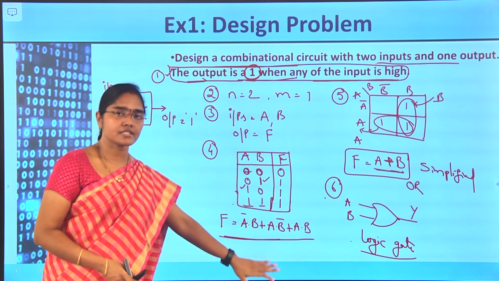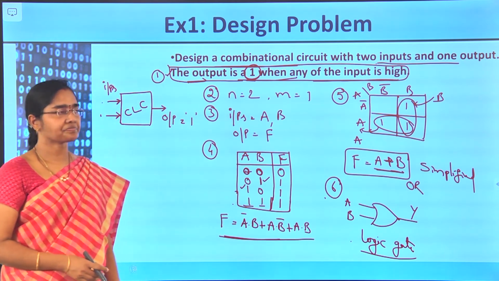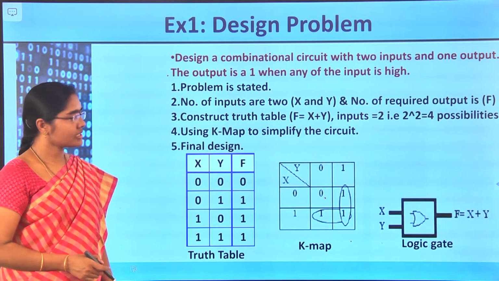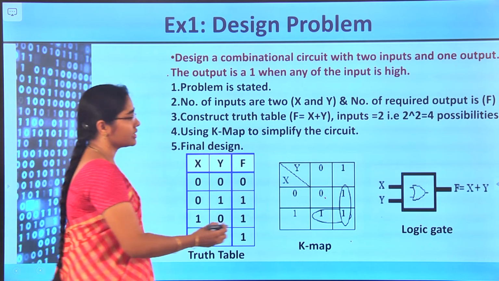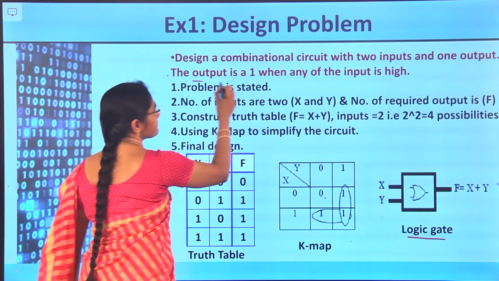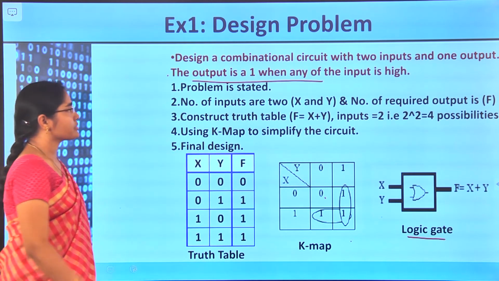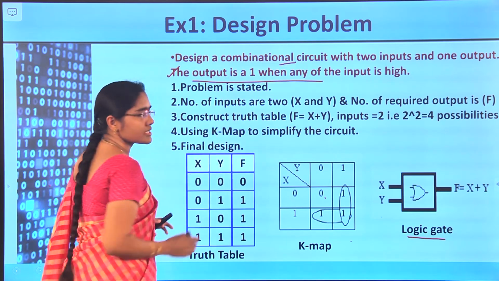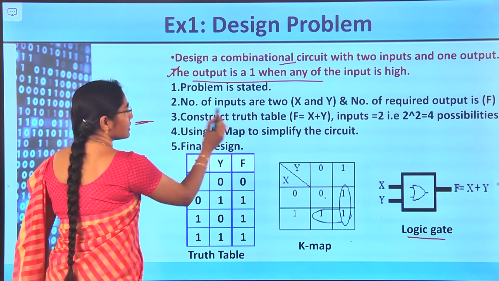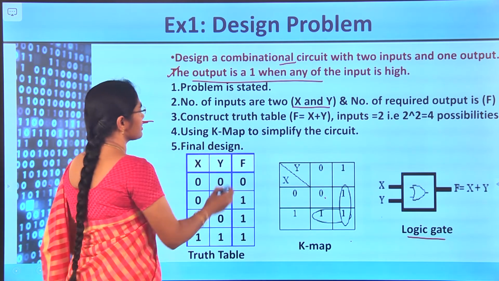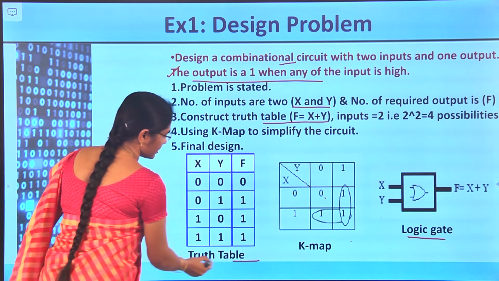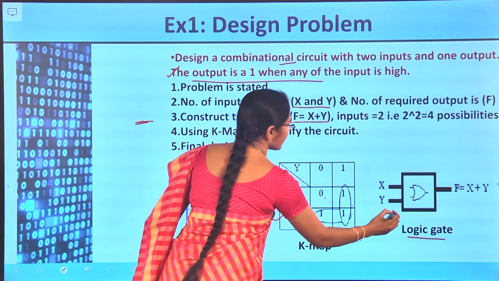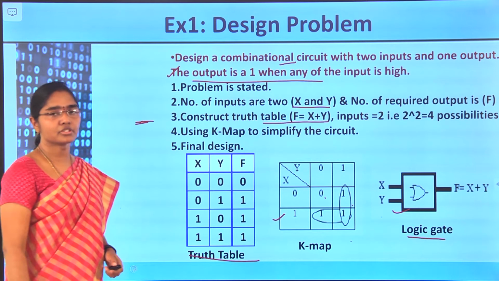Like this, we will design any combinational circuit. So, our first example is simply an OR gate. By following the procedure, we derived the final logic gate for the problem statement. The procedure is: start with the statement and take the number of inputs and outputs, which are also given in the statement itself, then give the variables for the inputs and outputs and construct the truth table. Then from this truth table, use the K-map for simplification to get the simplified expression, and draw the logic gate for that simplified expression.